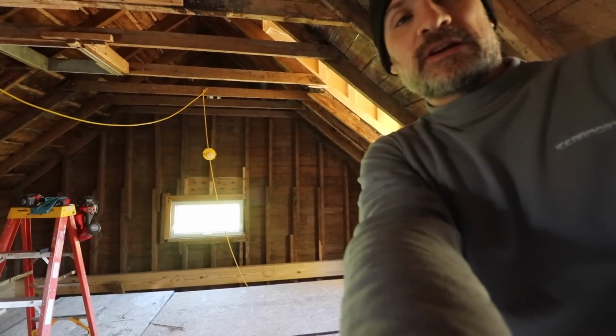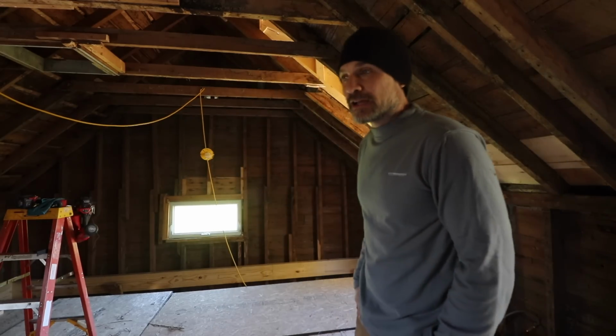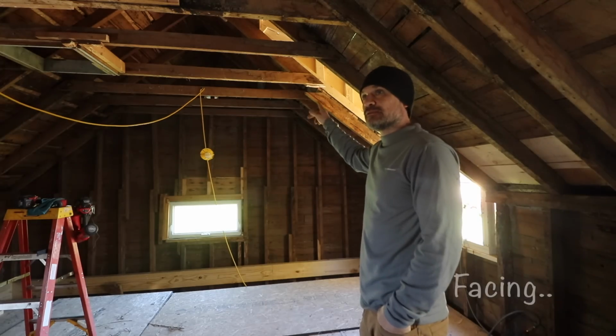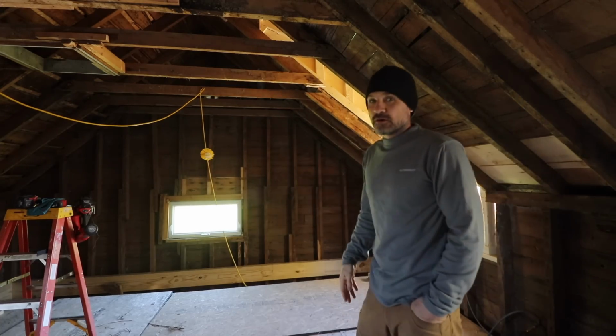Welcome back to another exciting episode of 1806 Stonehouse. Hello. As promised, I believe I am going to tackle the windows on this gable end of the west-facing side of the house. As you can see now, there's a window there, but in order to look through it,